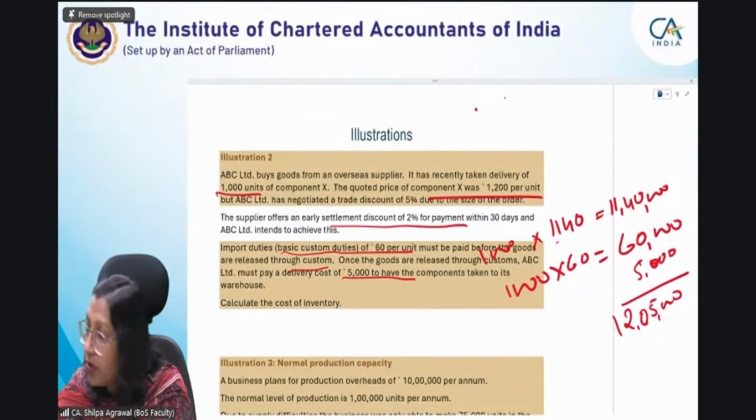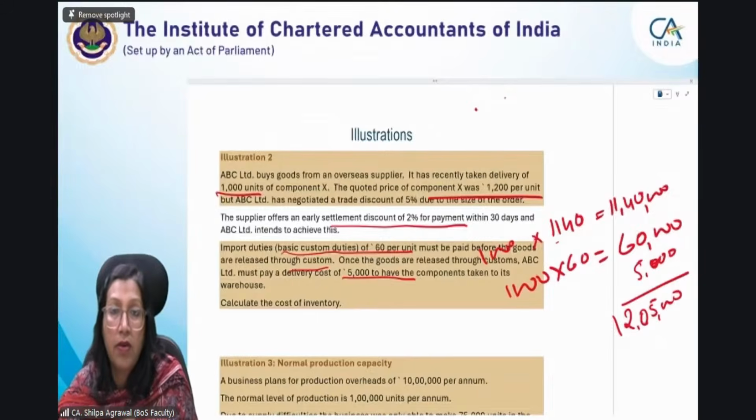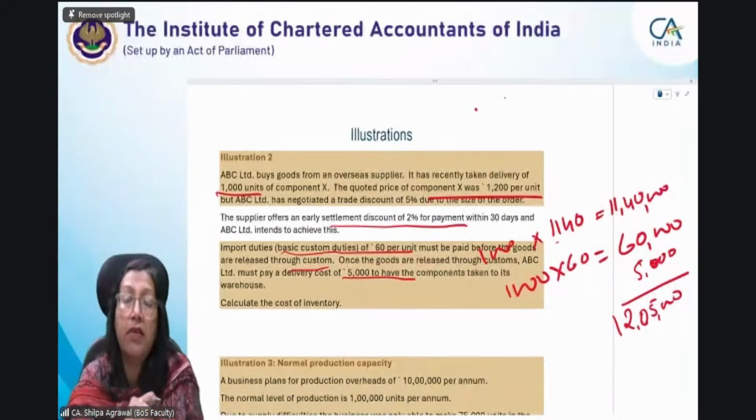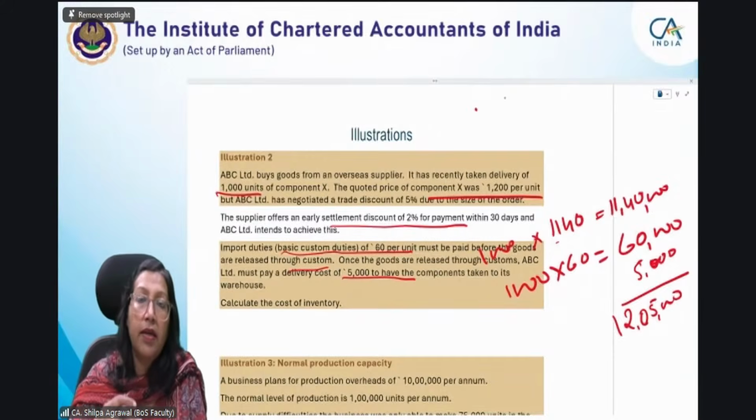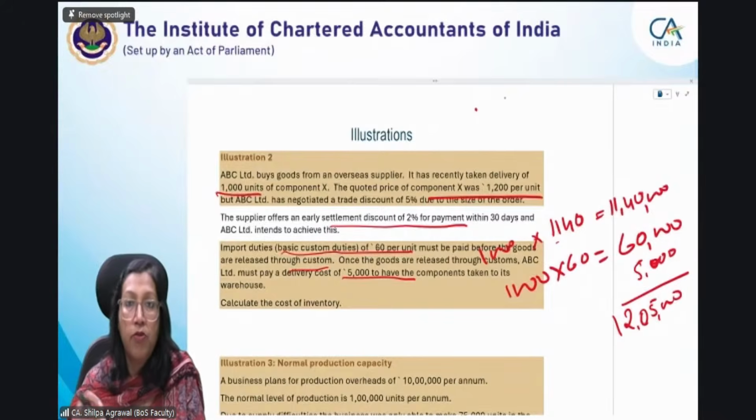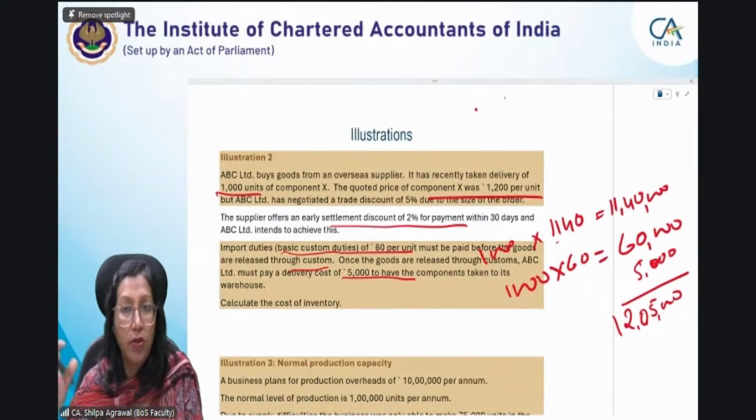Manish, what are you asking about the discount? Yes, the 2% discount is a finance discount, and that will not form part of the cost. It is not finance cost. Finance cost is the interest part. Interest part is different, when you are allowing a credit period of more than 12 months or a long credit period. You are selling goods for 12 lakh, but you are asking them to pay it after 1 year or 2 years hence. So that 12 lakh includes finance cost.